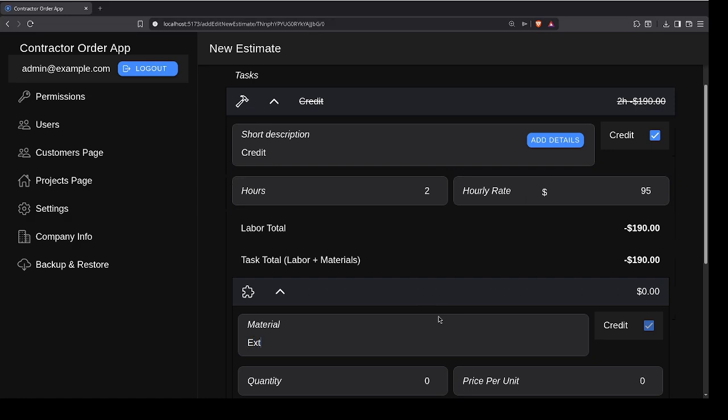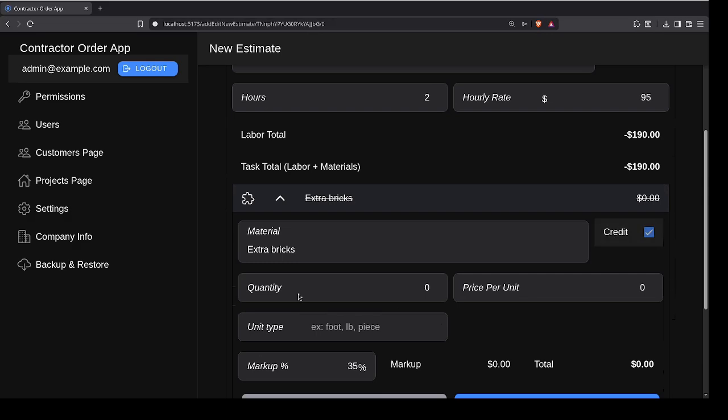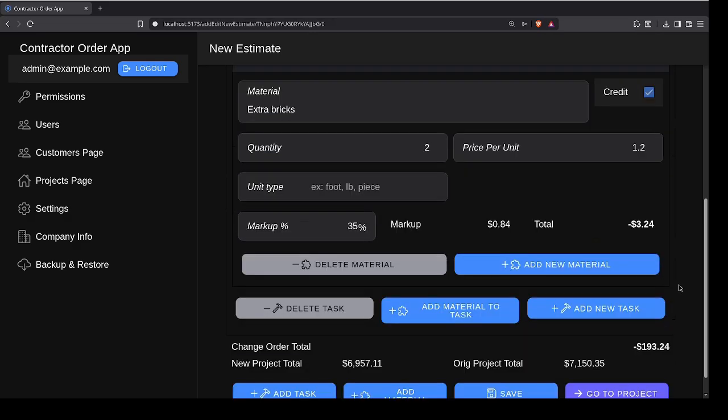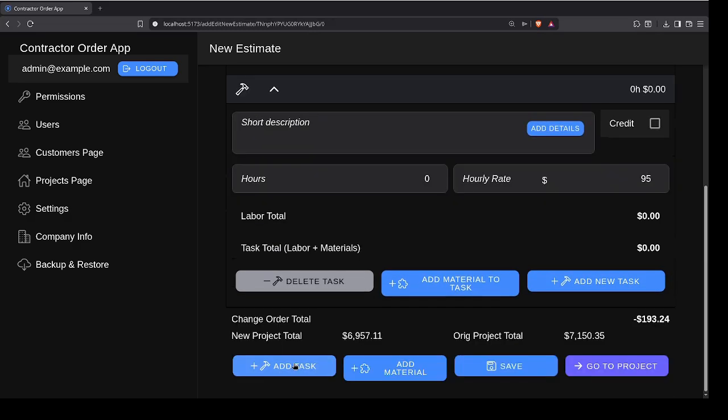So extra bricks. I cannot spell bricks. And we can make sure it's a credit, and quantity, say 2 extra bricks, price per unit, like that. And you can also add tasks. So let's say we need to put in insulation, 4 hours, and like that. So you can go to save,